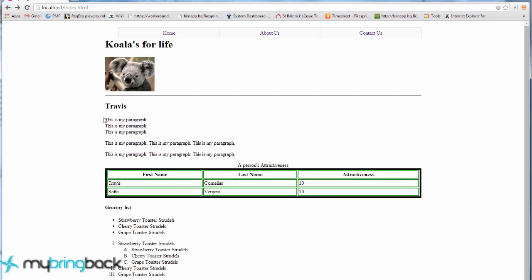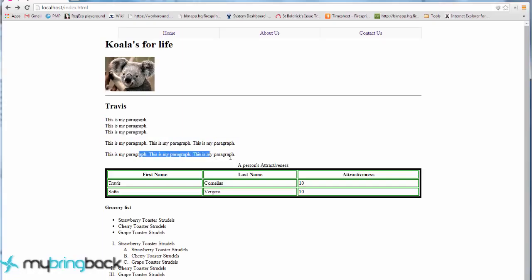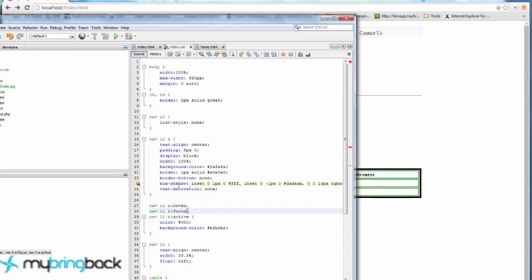Or we want most of our paragraphs that have a certain same nature of style to them to be styled that way, but maybe this paragraph in particular needs a different style. So what we're going to do in this tutorial is learn about class and ID attributes for HTML elements. And what that's going to do is allow us to get more specific with what we're trying to stylize. So if we go back to our index.html file,